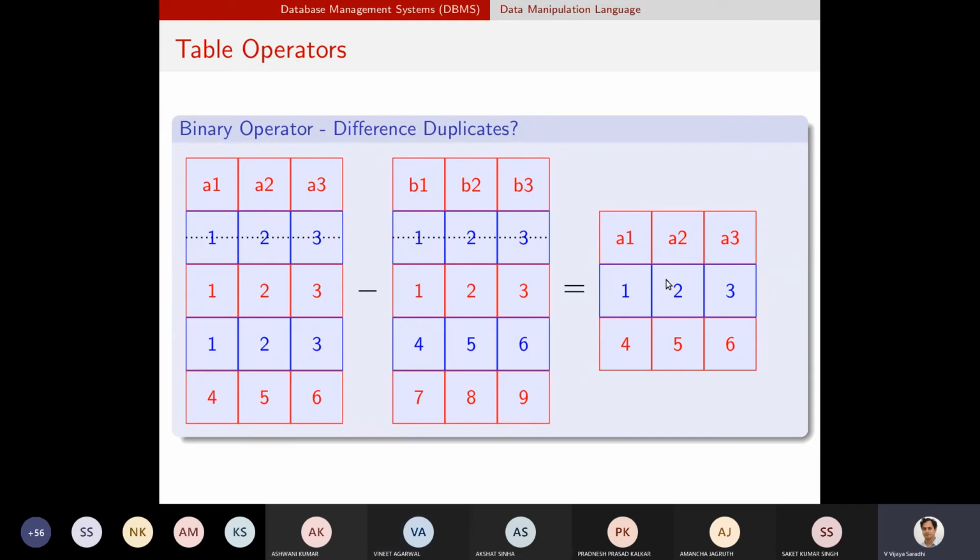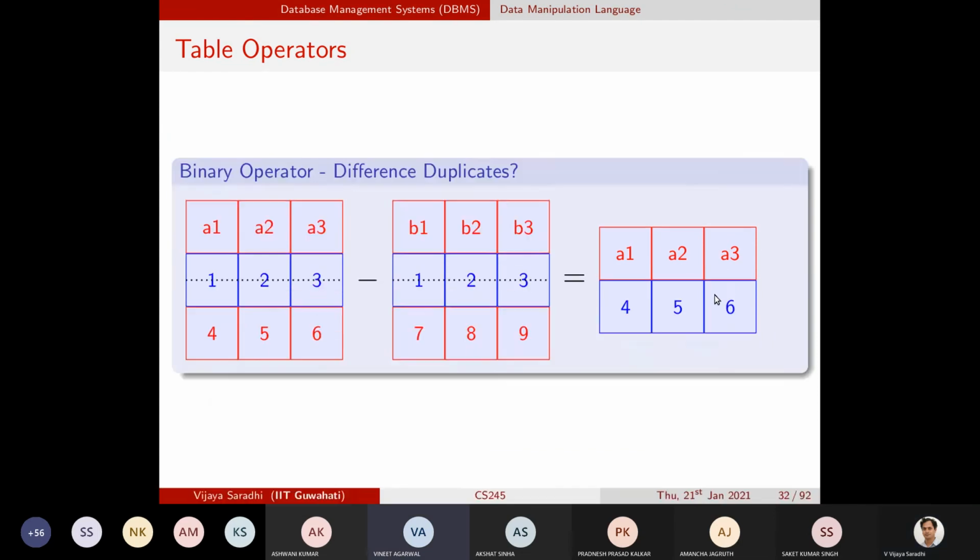Yes, sir. Okay. So here also it is appearing a second time. This is the first time appearing, I will not put it. The second time it's appearing, still I will not place it. The third time appearing, I will place it.